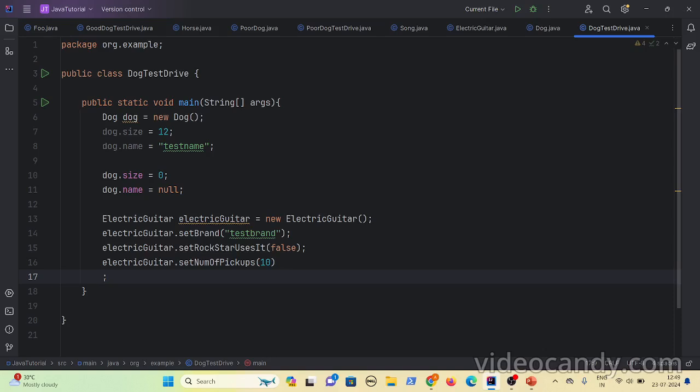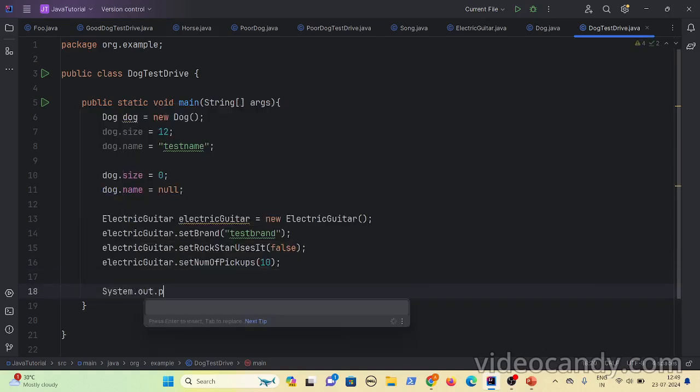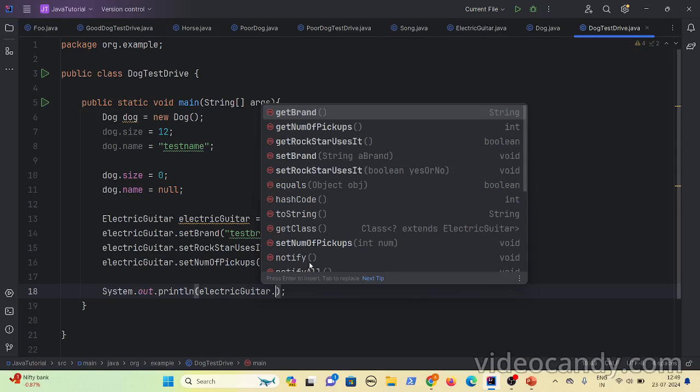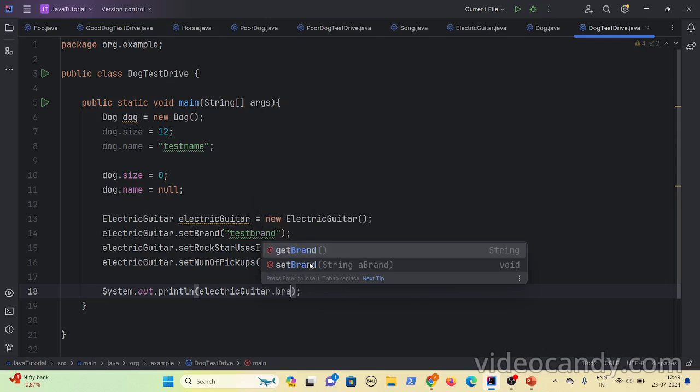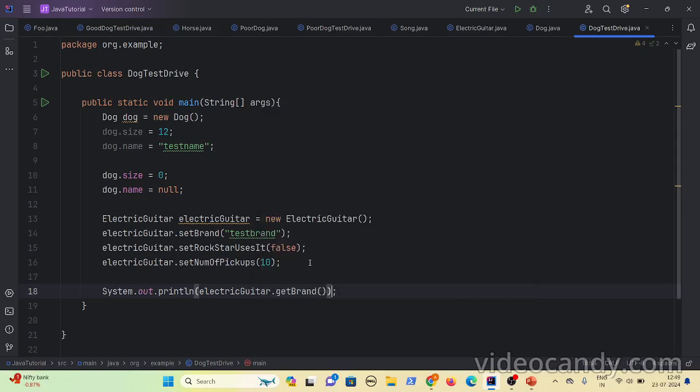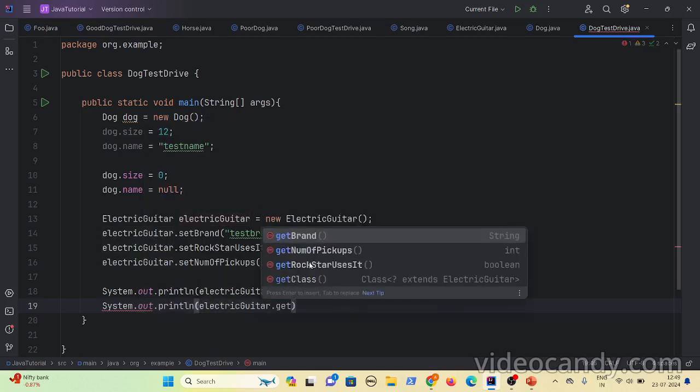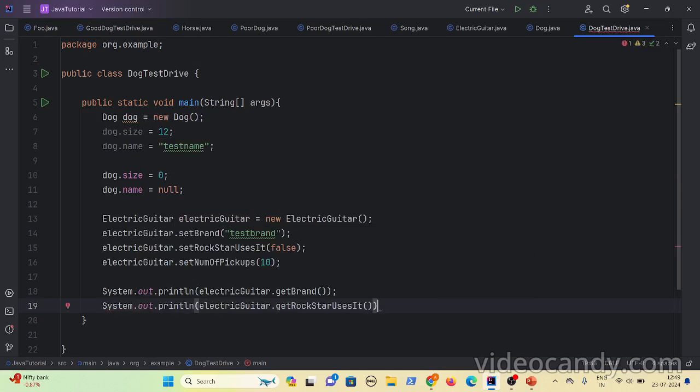And then I can print these values as well, with System.out.println. Before, you used to directly use this brand, but now what you have to do is getBrandOf, and then you can print these values. System.out.println, electricGuitar.getRockstarUsesIt.